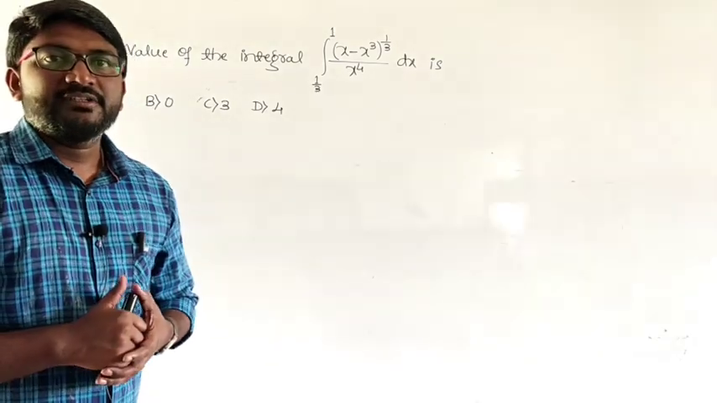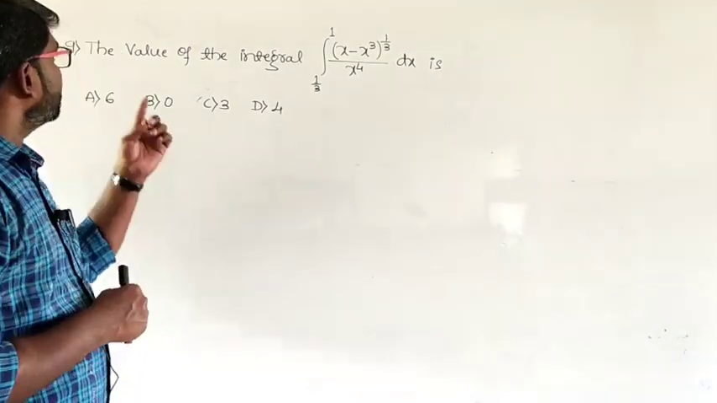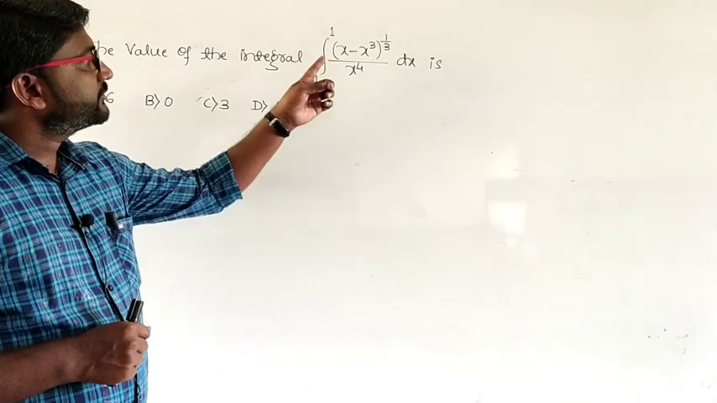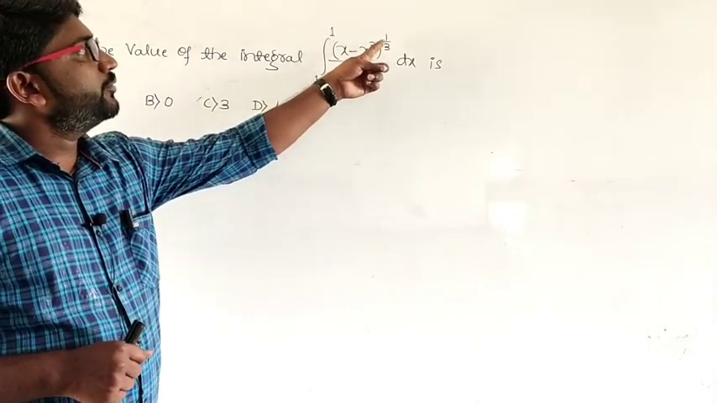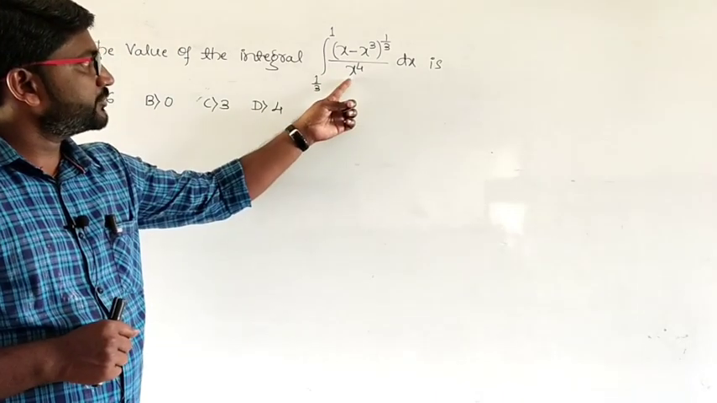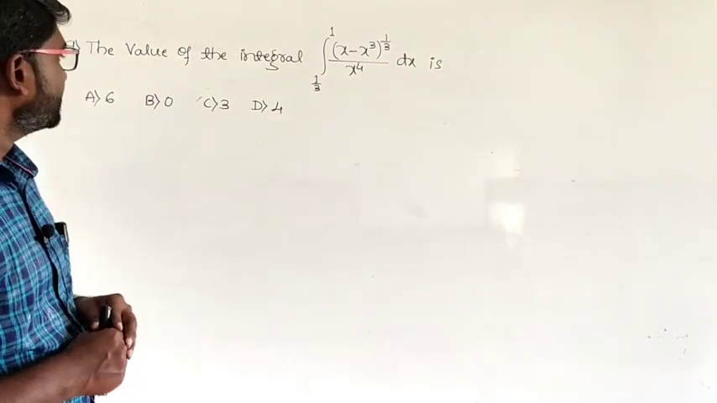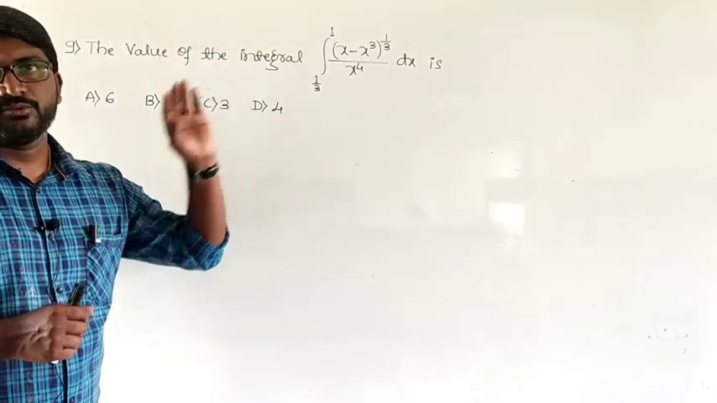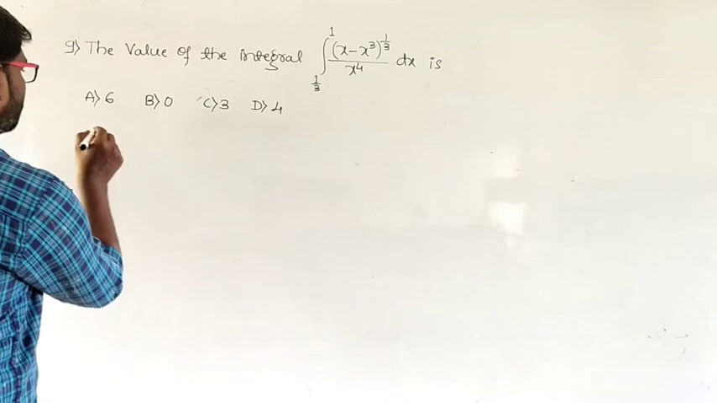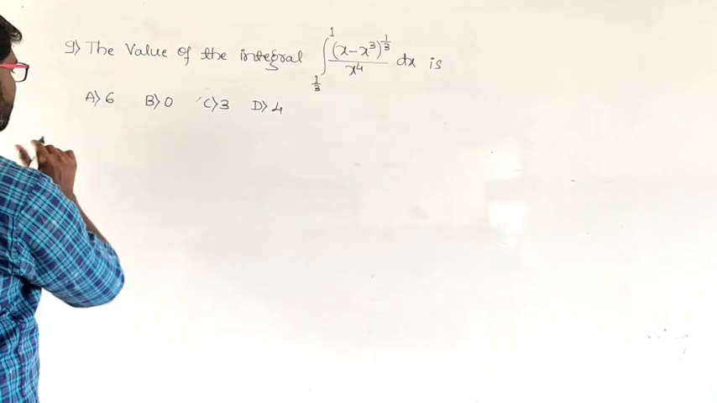Well, the 9th question, it is a multiple choice question. The value of the integral from 1 by 3 to 1 of x minus x cube whole raised to 1 by 3 divided by x to the power 4 dx is, the four options are 6, 0, 3, 4. So let us simplify this now. So I'll be taking this as